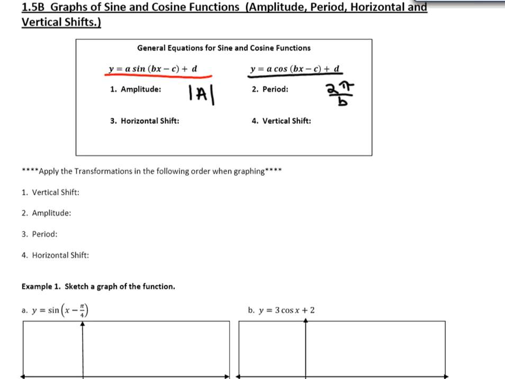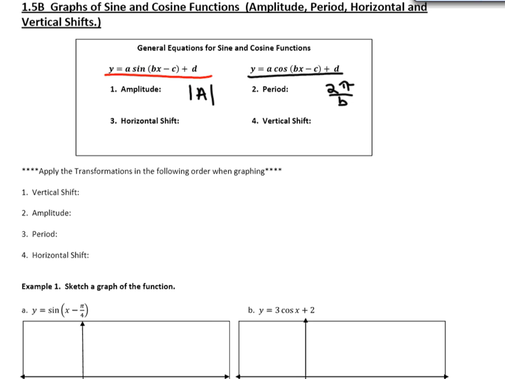We're going to be taking a look at 1.5b. This is graphs of sine and cosine functions, dealing with the amplitude and period, which we did in 1.5a, and horizontal and vertical shifts. Those are the things that we're going to add to this. So we've got the same functions for general equations that we had when we were looking at these before, except